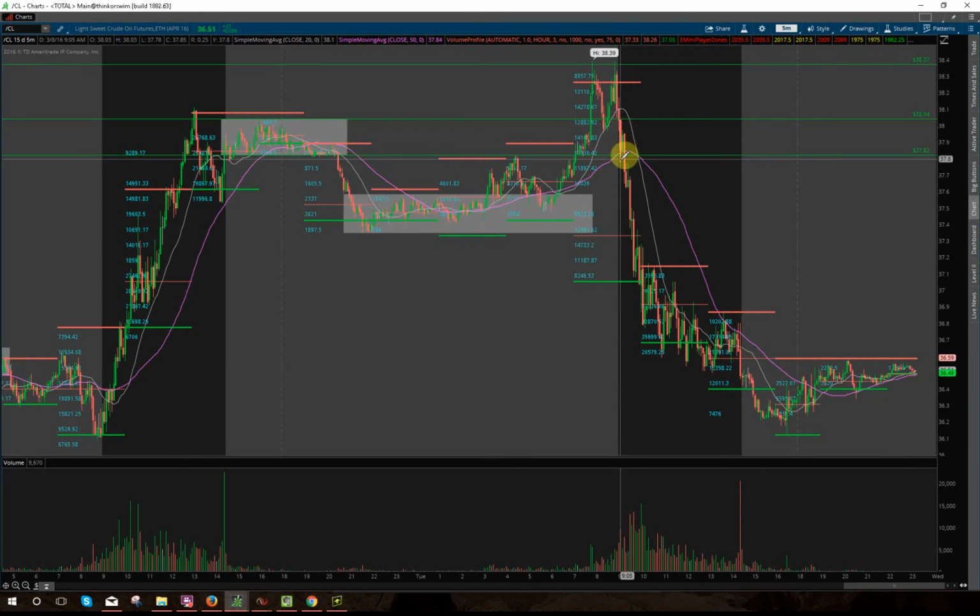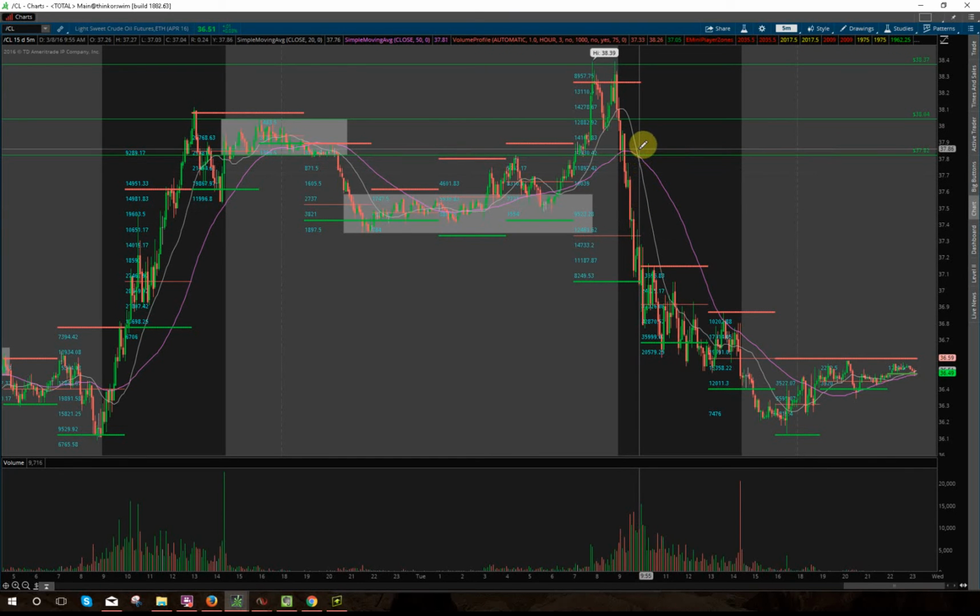The first time it came down and tested it, it came up about 10-15 ticks, then it broke right through there. Buyers were trying to fade the market here, right? It did not work. Sellers took over again and pushed it down really hard within this 5 minute. I mean, you're seeing a lot of selling, right? So at that point you have to start wondering, either it's going to hold here and bounce, which it didn't, obviously, in hindsight, and then I'd come back in after it breaks above here,